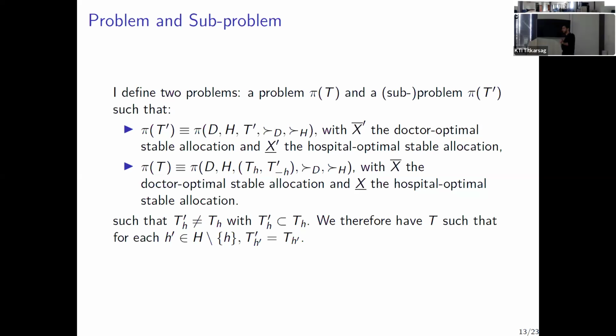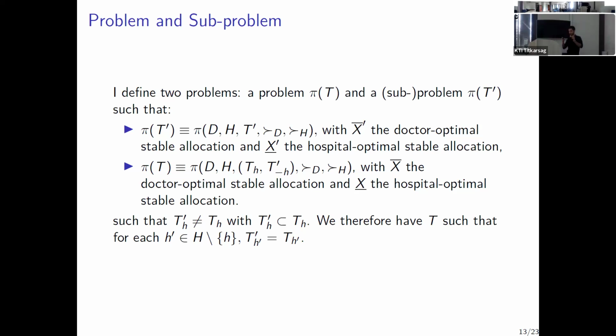present my approach. So here, I already defined a problem, but now I introduce a sub-problem. What I mean by sub-problem is in fact a problem which is very similar to the original problem. Consider 2 problems like H, T prime and H, T and pi, T, sorry. Then they have the same set of doctors, same set of hospitals, same preferences for hospitals and doctors. And for all the hospitals, they have the same set of available terms, except for one hospital. So basically, for the sub-problem here, I consider that T prime is